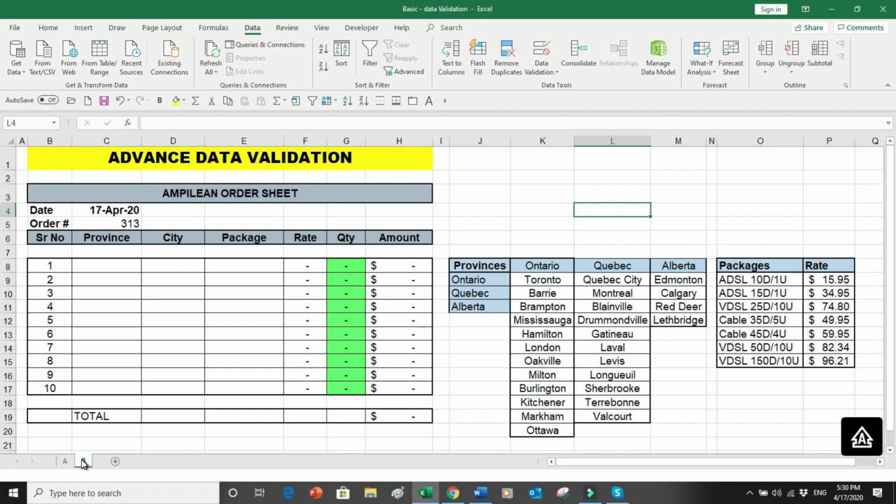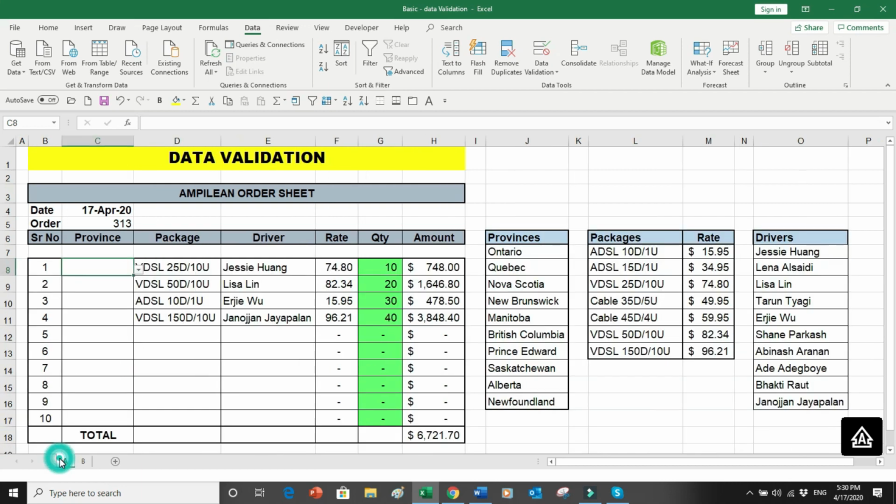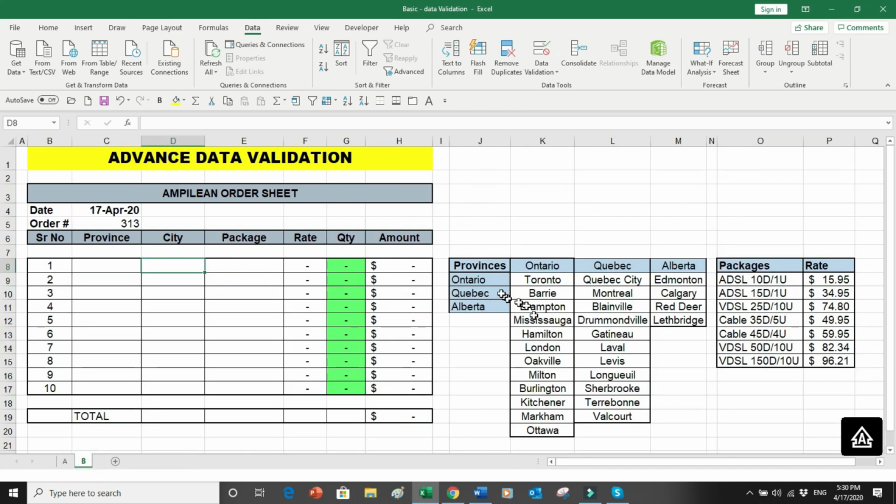This is something very unique, I'm telling you. So now here, more or less the sheet is the same. I've brought in the cities also. So what is this? This means now I've reduced my provinces from this list to only 3 lists. So now there are only my 3 provinces, and I want the cities of these 3 provinces here.